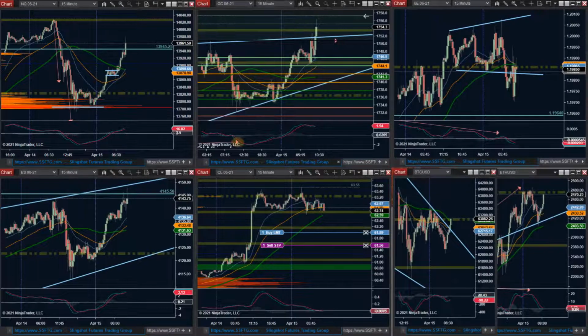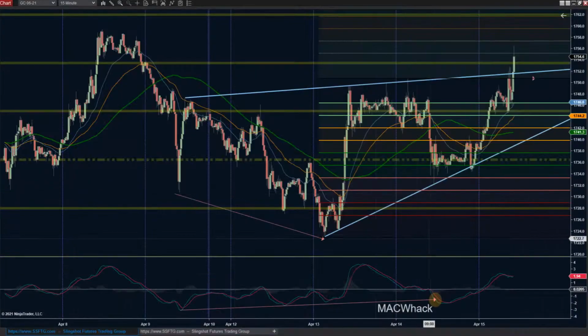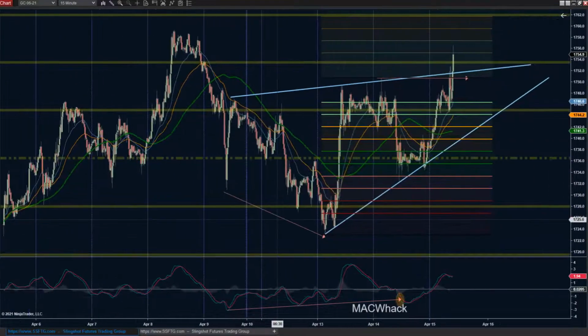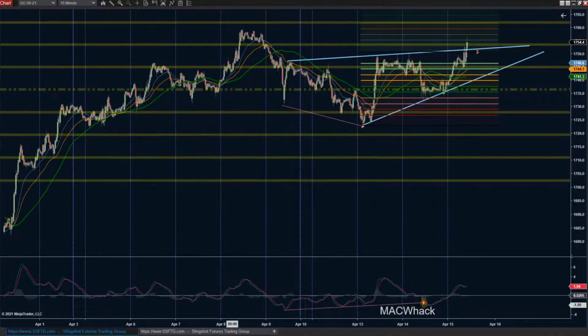There was one right there on gold. That's a MacWhack. We have a persistent undertow. Constantly. Over and over and over again. Now, remember, context is everything. What's the context? Buyers haven't had a chance to buy into this thing in forever. They're waiting for a pullback. A two-legged pullback. How much better can you get? So you get the two-legged pullback. The whole time they're down there, it's telling you to be careful. And once it finally comes back and whacks it, that's the bottom. That's why I like them.